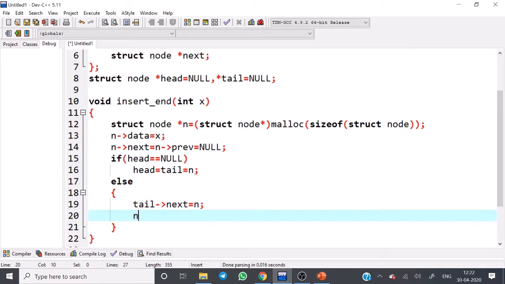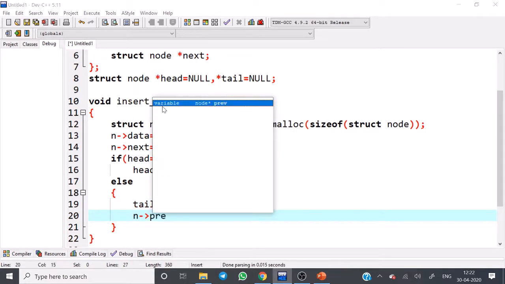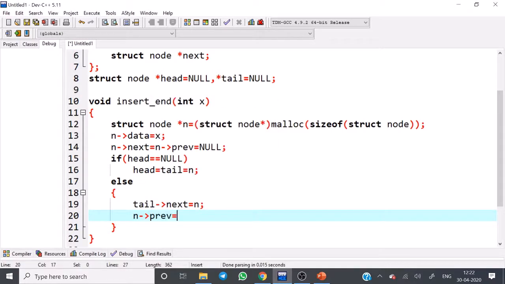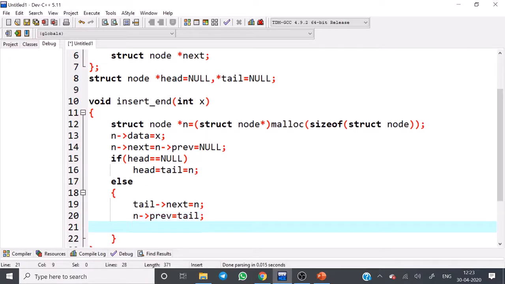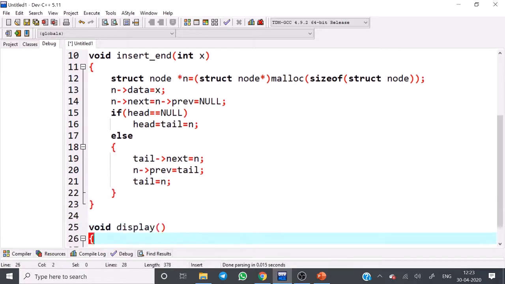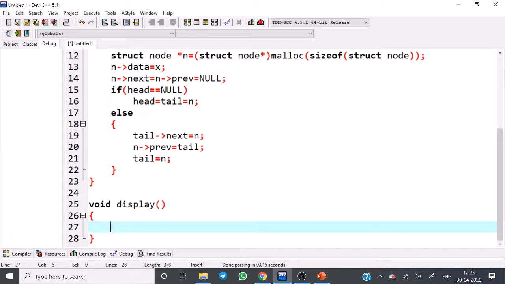Okay, then set the new node of previous equal to tail. Okay, now set tail equal to new node.